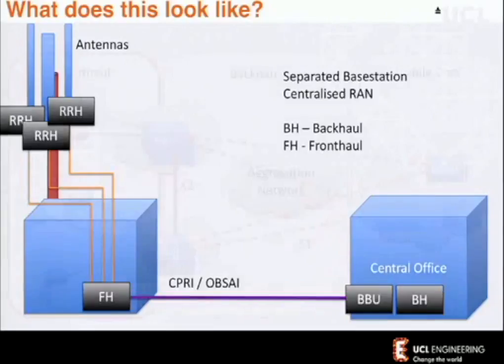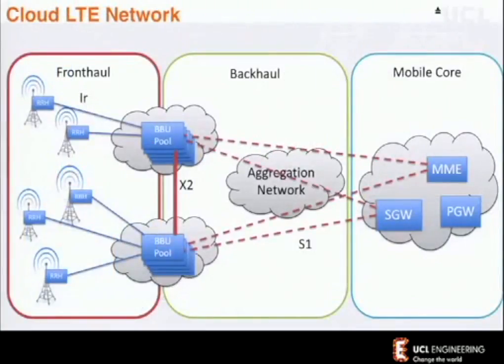And so we end up with a network that looks something much more like this. So our front haul network, radio heads to a baseband pool, clustered for clusters of cells perhaps, and then our aggregation network back to the gateways that were talked about earlier, mobile management entities, these parts of the network much further back.